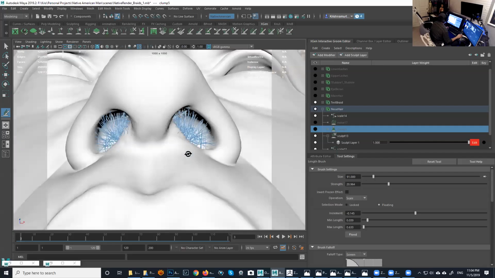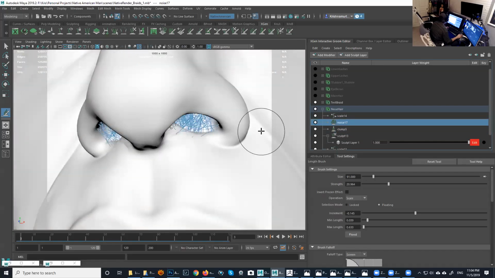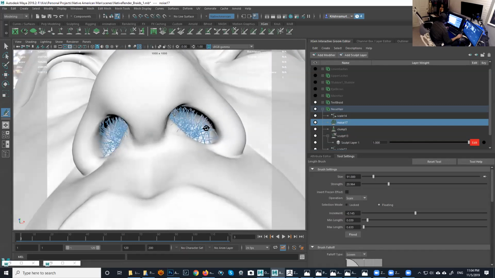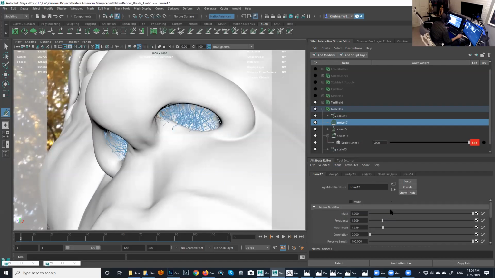And then obviously they are very simple tubes right now, right? So let's put the clump back and the noise back. It's a little messy there. The noise is still really strong. But they don't have a lot of form to them, right? I have to add some